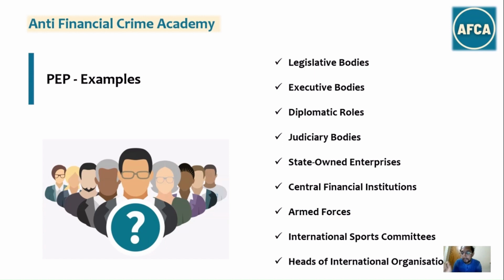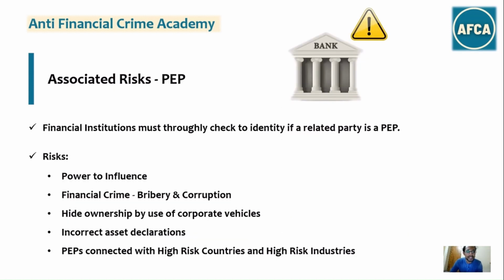So the most important thing that we need to remember is it is the public office, not the private office. So the head of any public office will be considered a politically exposed person. The list that you have in front of you, all these institutions are not private institutions. All these are public institutions, government bodies, right? Next, let's try to understand what are the risks that are associated with politically exposed